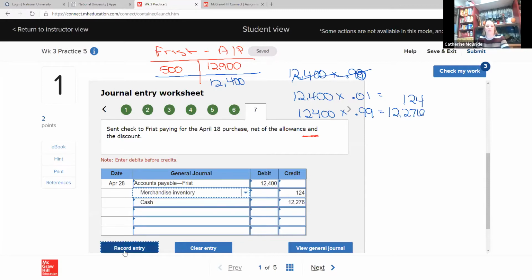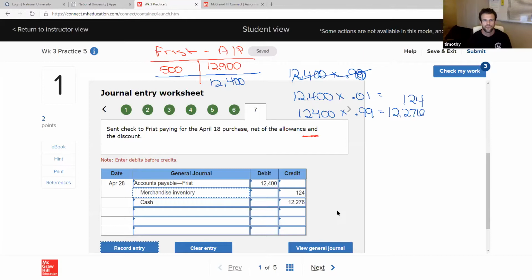This is good. I don't think I really understand why we're crediting the merchandise inventory, because don't we still have that inventory? So why would we have to take the 124 away from it? We have the inventory, but we didn't pay that $124 for it. Oh, okay. That's right. There's a lot of put on your thinking cap with this chapter. Yeah, because I'm thinking we still have the value of the inventory, but we didn't pay for it. Like actually, the numbers didn't.